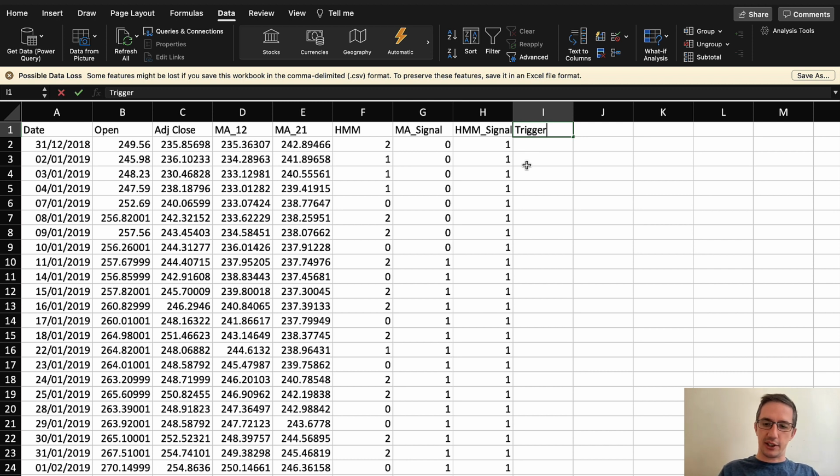But here I need a trigger signal. And my trigger signal means that this and this have to be 1, right? But my problem here is going to be that, let's say this and this is 1. Well, I'm at the end of the day, so I didn't get the return for this day, right? I would have got the return for the next day because I'm using the prior day signal to trade in the following day. So what I'm going to do here is